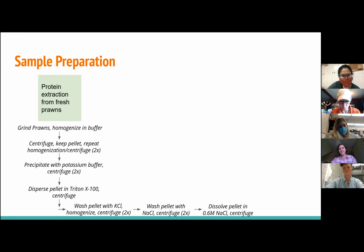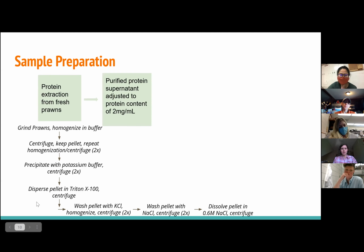They used a very extensive series of different washings. From ground prawns, they washed and centrifuged in various different buffers. They used Tris HCl buffer initially, then they moved on to a potassium buffer. Then they did some more solubilization before they washed the pellet with potassium chloride, and then they did salt washes, and finally dissolved the pellet in a different concentration of salt solution and then centrifuged, with the supernatant being used